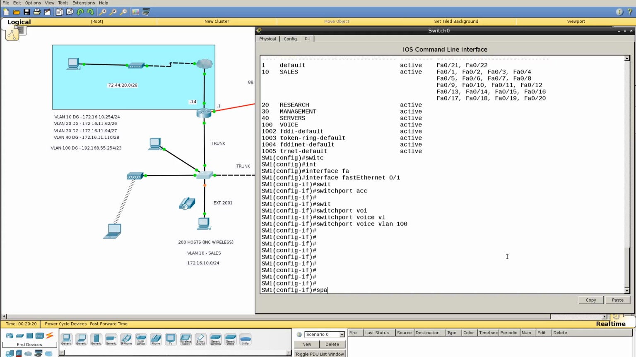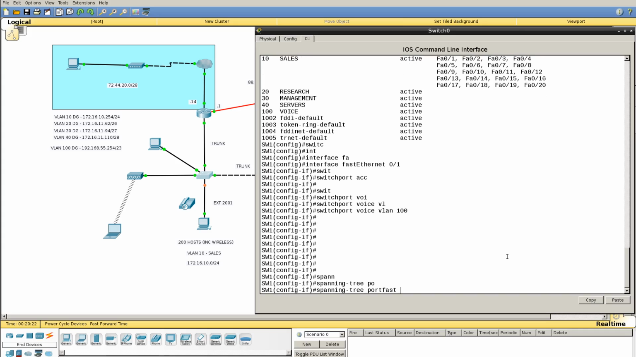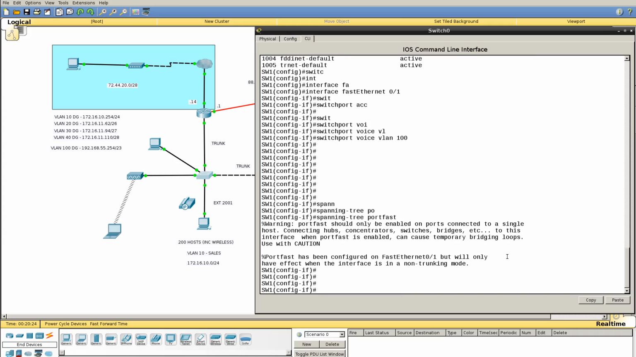Okay, while we're in here, we'll just put spanning tree portfast. Portfast allows the port to come up very, very quickly. In fact, it's gone green very quickly there. Portfast bypasses some of the steps of spanning tree protocol. So you only really want to do this on ports that are connected to end devices,